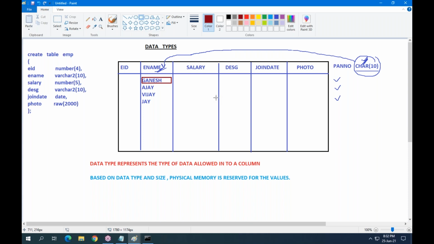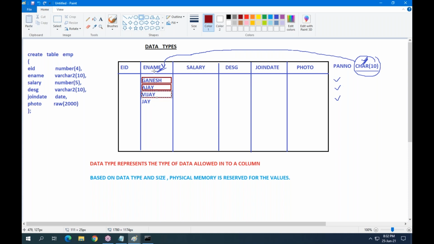How many characters in Ganesh? 6. So it needs 6 character length memory. Ajay needs only 4 character length memory. Vijay requires only 5 character length memory. Understand?